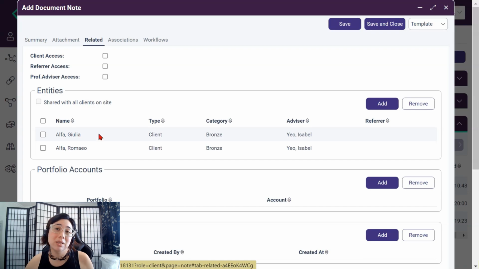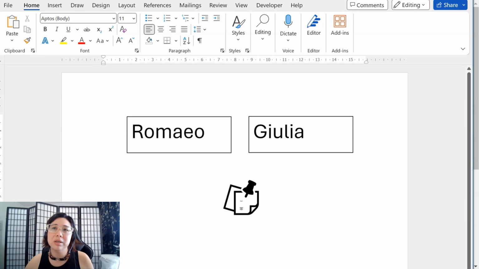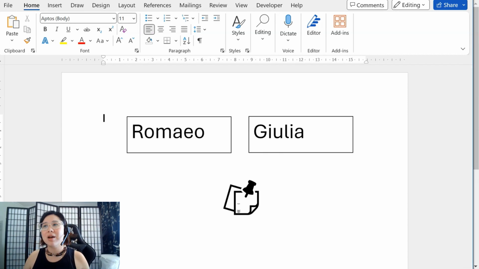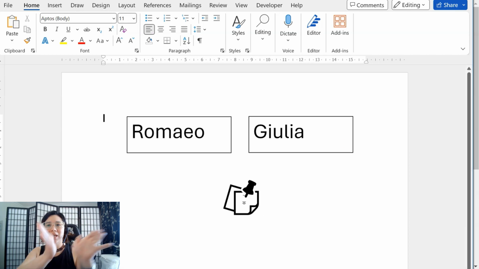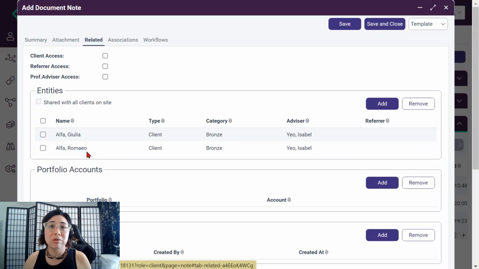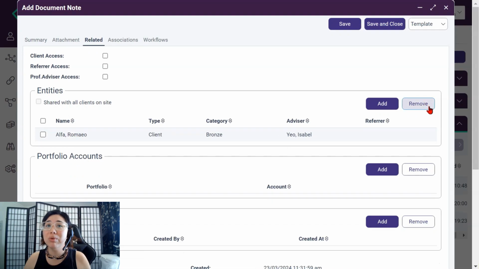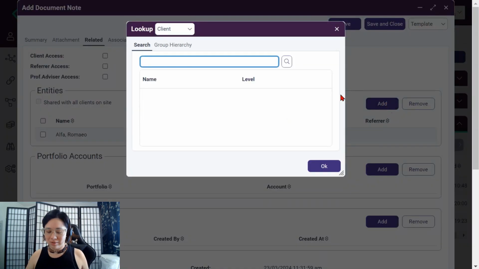This one down here is whose record is this note saved into? So it's not like the note saves in my client's record and then there's a copy in the partner's record. It's actually one note saved into both, pointing at both, okay? So in my example before, if I had one note saved to all client records, it'd be one note saved into like 3,000 records. Now, if this note didn't relate to Julia, you would tick against her name and you would remove. And if you went, oh no, it is actually relating to her, you would click on add and you would type her in,